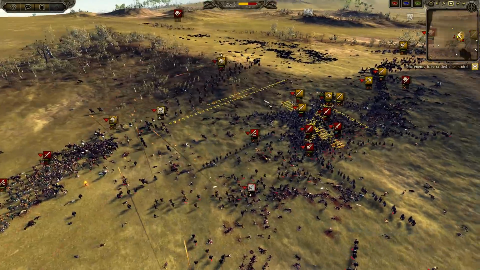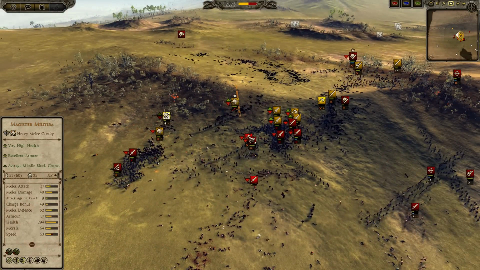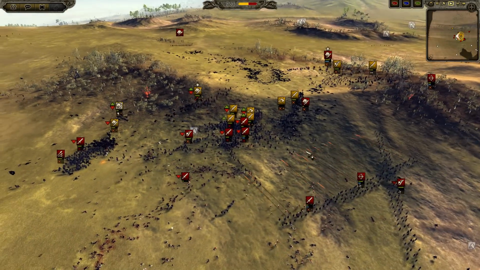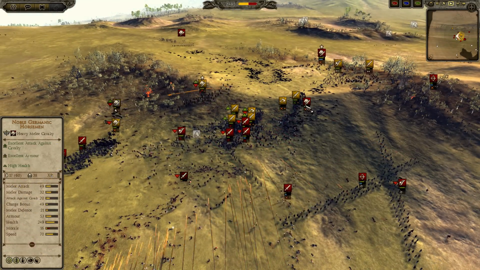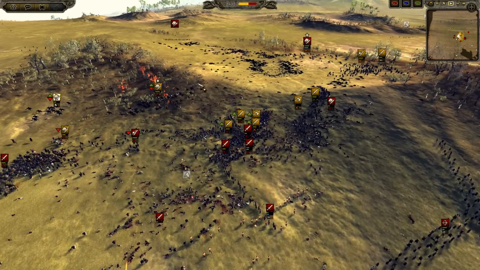We have the Magister Militum still alive. The spike unit going through, but it's going to rout soon, because it's down to like 25 men, and the morale is going to drop, and indeed it routs. Oh, this Haterea Guard is basically dead. I think it got charged by the Noble Germanic Horseman, but still, it's racked up so many kills